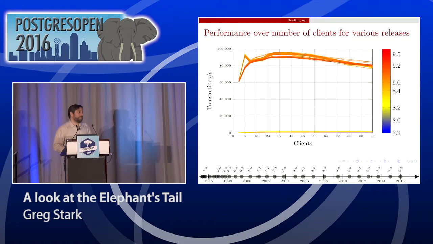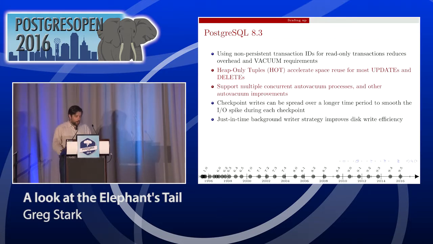Also, at this version, there were other major improvements that were driven by experience, driven by users running into problems. Heap-only updates and the autovacuum improvements are both there to address table bloat. Tables bloat in Postgres because, again, multi-version concurrency control is a very ambitious design. It allows a lot of concurrency and a lot of powerful